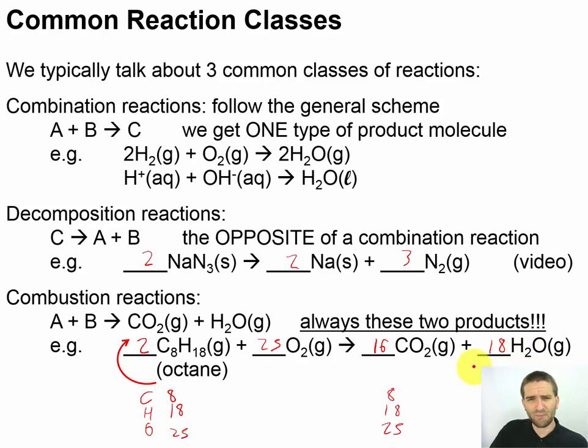Now, I want to point something out. Suppose you're doing this in a car engine or something, you started out with 2 molecules of your fuel. You bring in 25 molecules of oxygen. And then what happens when you detonate it? You're going to have 16 plus 18. That's going to be 34 molecules. And you're going to have heat. So if you go from 27 gas molecules in a volume, and you jump it up to be 36 molecules of gas in a volume, 34 molecules rather,